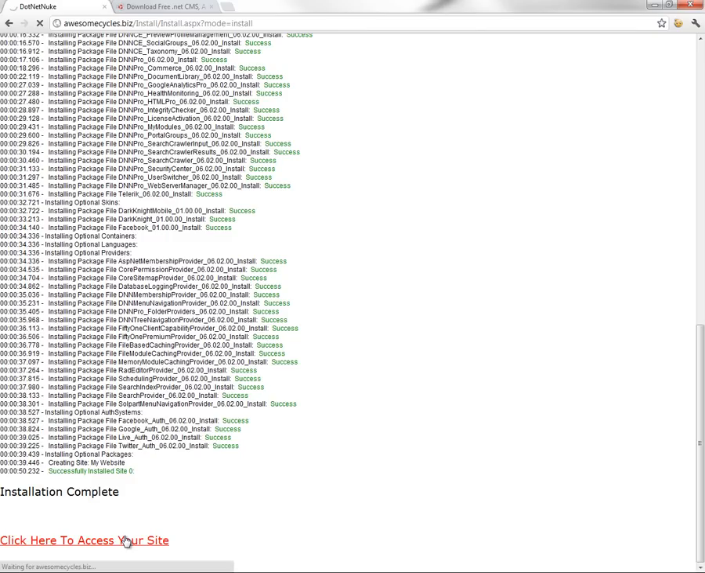Now we've just installed DotNetNuke. A number of modules and extensions were installed, so it's going to take a moment as the site recompiles because of all that new code that was just installed. But what we should see here is our site's going to load up for the first time,